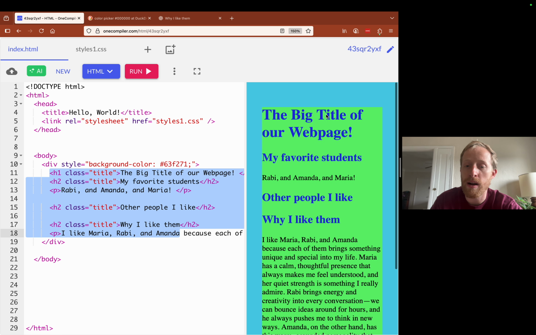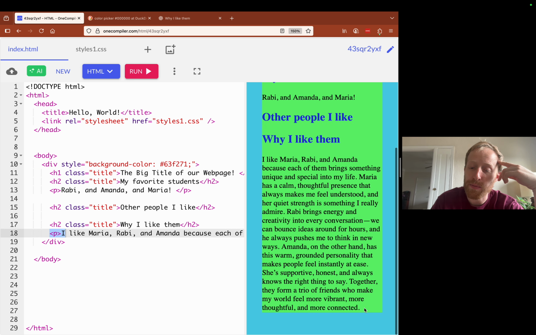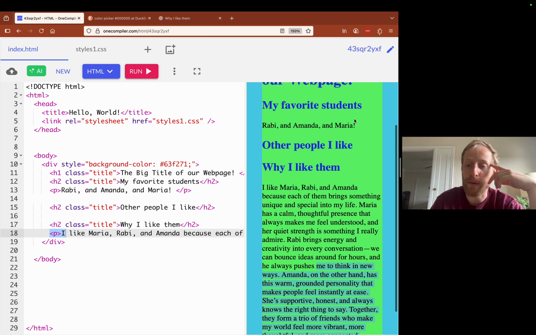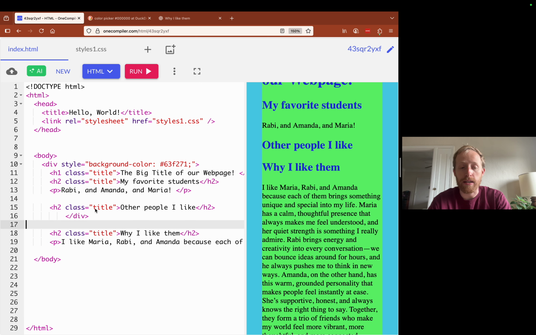So it's around our H1, which starts here, through the end of this paragraph right here. And you can see that, right? Because now we have this green background. So what is going to happen if I move this div closing tag from here to here and then press run? What is going to happen?